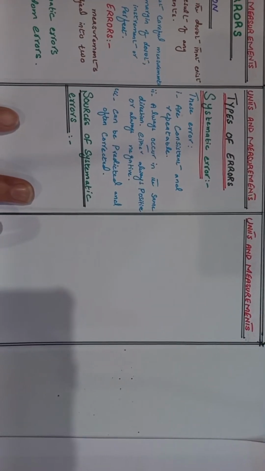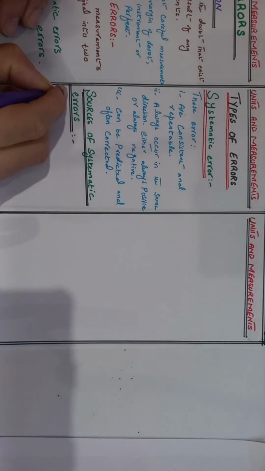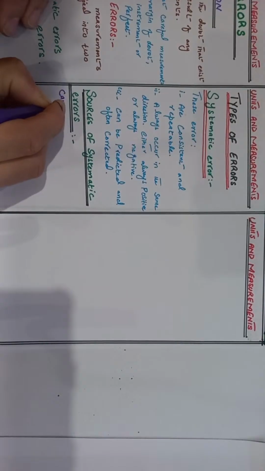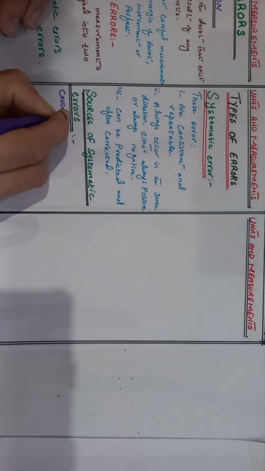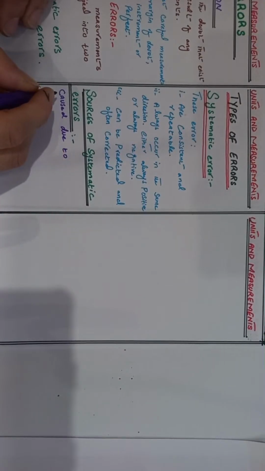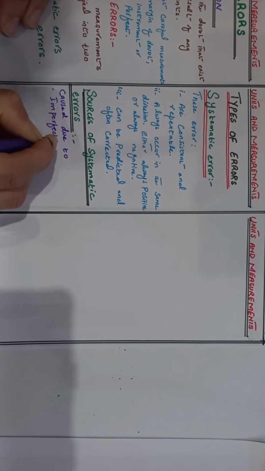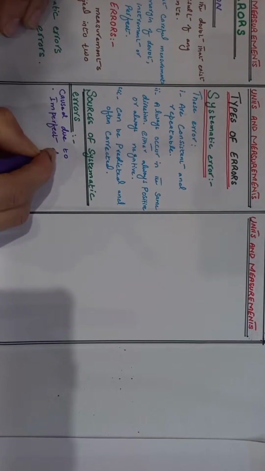Sources of systematic error: causes due to imperfect design, imperfect design